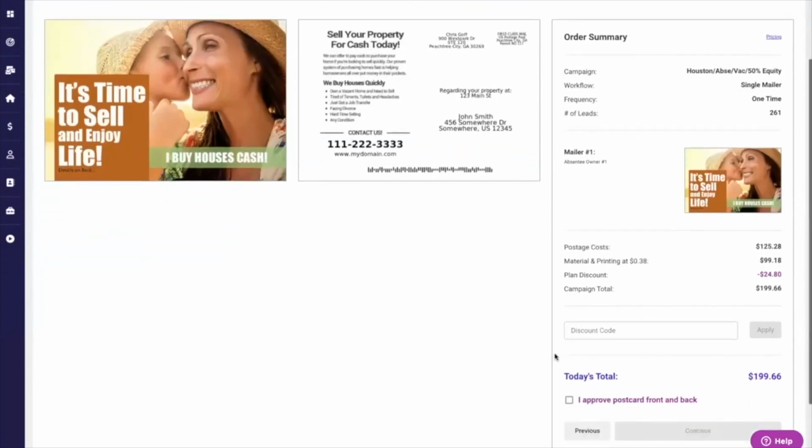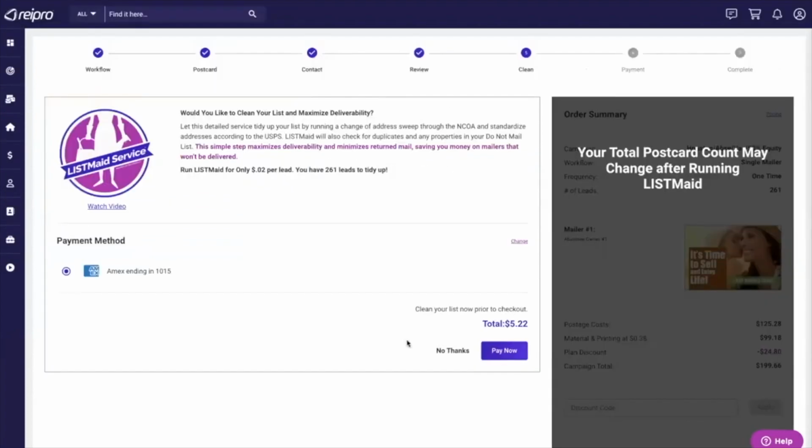This gives you an opportunity to approve this list. Now, to me, this is so important, especially any list, but vacant list for sure. You need to do this. We're going to actually clean the list. As we all know, tax assessors are not perfect. Okay, so we need to standardize the address. We need to check for address errors. We need to see if there's a forwarding address. We call it list made because we're cleaning the list. Okay, so we get charged for it, so we pass the costs on to you guys, but I highly recommend